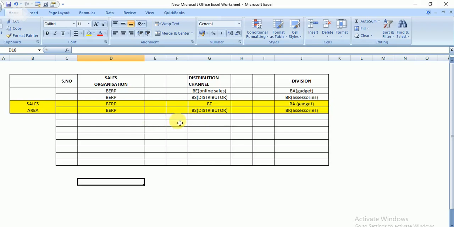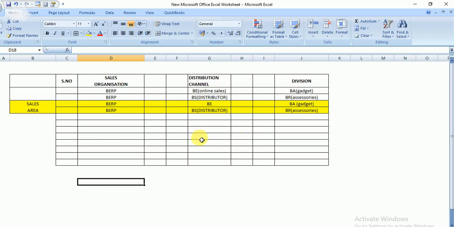Either you have to create a new sales area with the same sales organization, distribution channel, and BR. So if that happens, we have to make a lot of entries. If the sales organization is going to be doubled or tripled, or if the distribution channel is going to be increasing, we have to make a lot of entries.